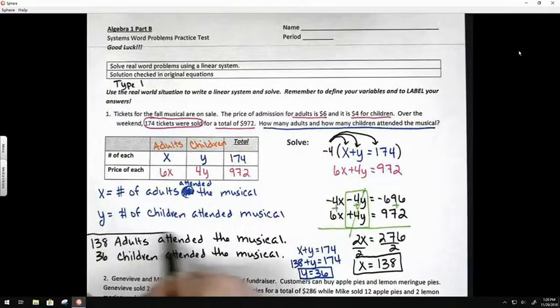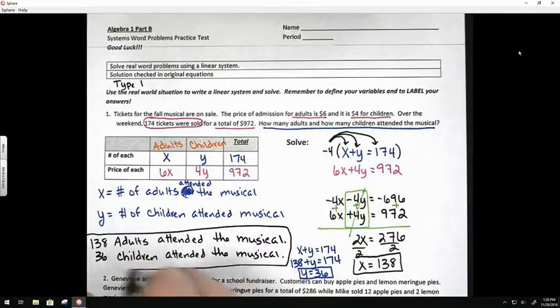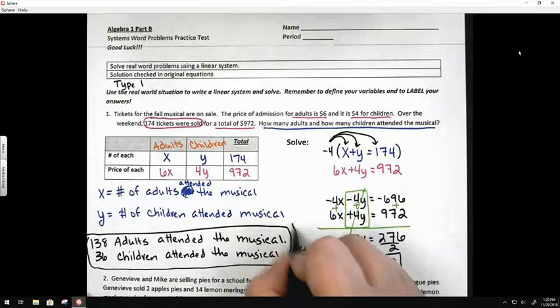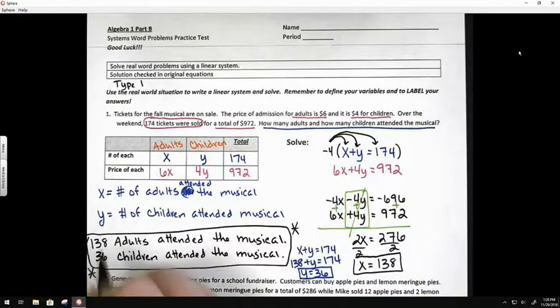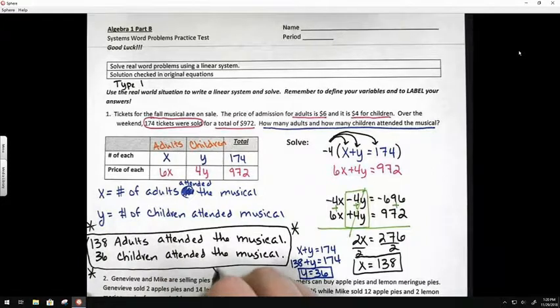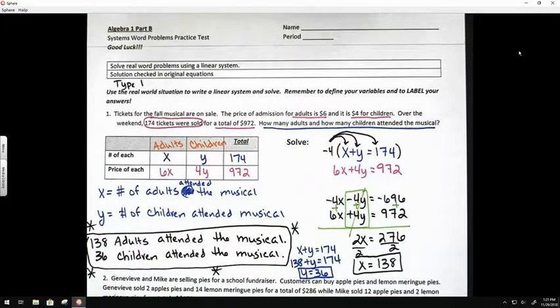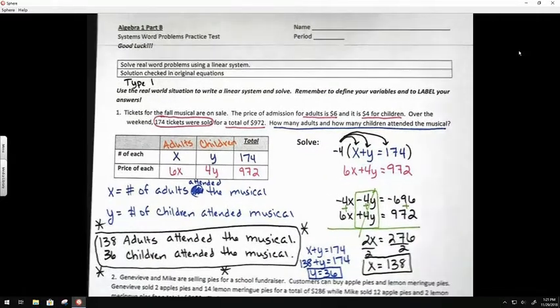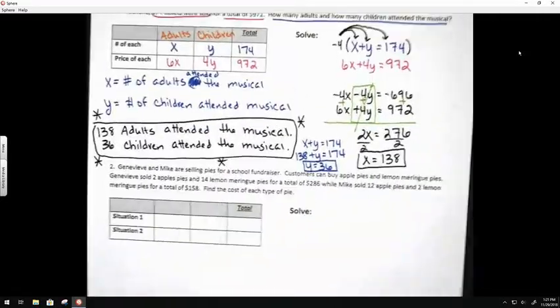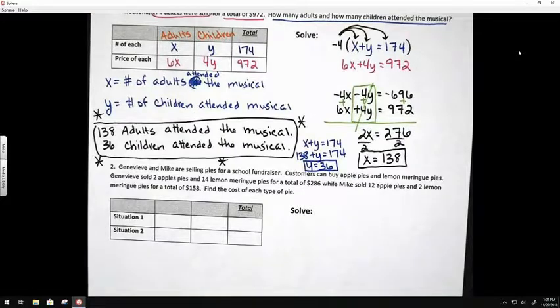So this is our solution. We don't write our solution as an ordered pair anymore because now we're talking about these real-world situations. Okay, so that is our answer for question number 1. Then today in class, we started talking about this second type of word problem, where we look at these different